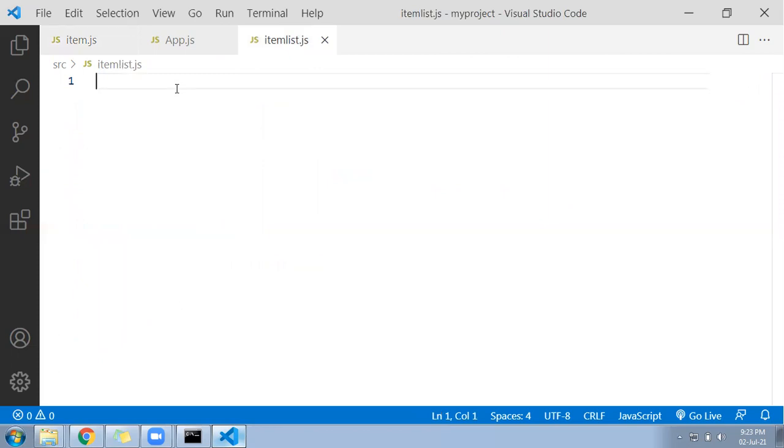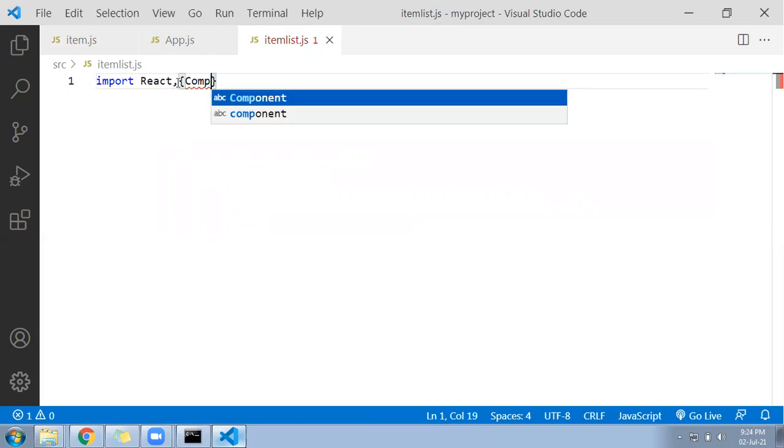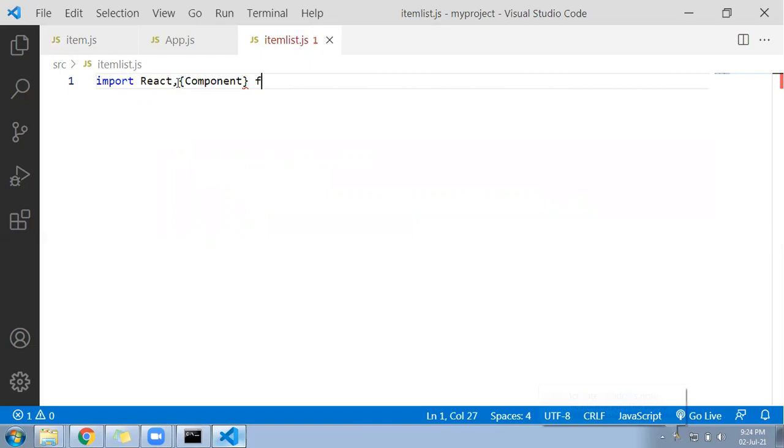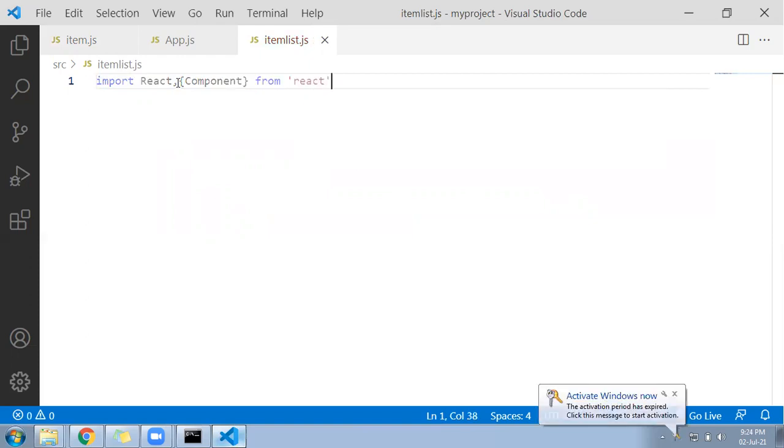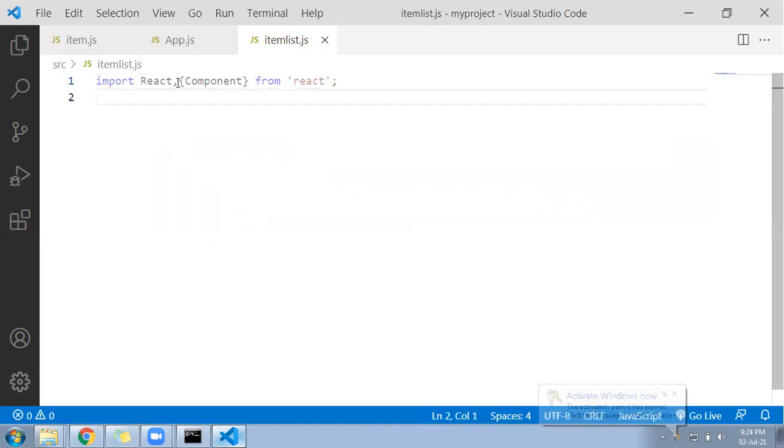Then I'll come back. Let me write here: import React, comma, Component from React. After that, let me come down below and write a class here.